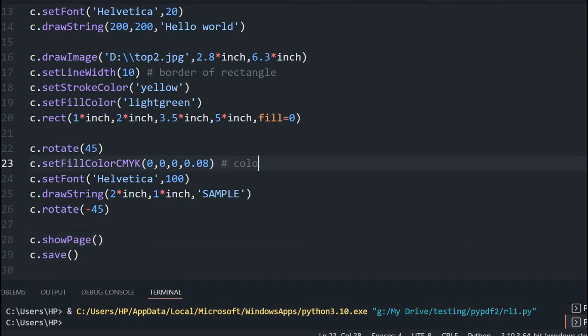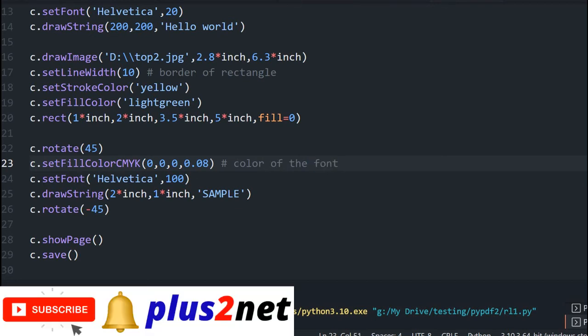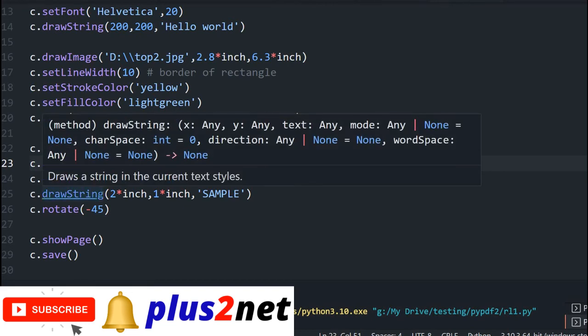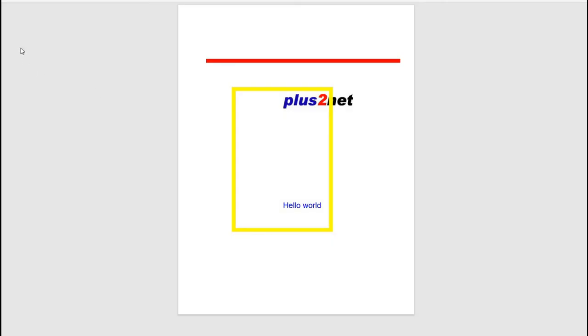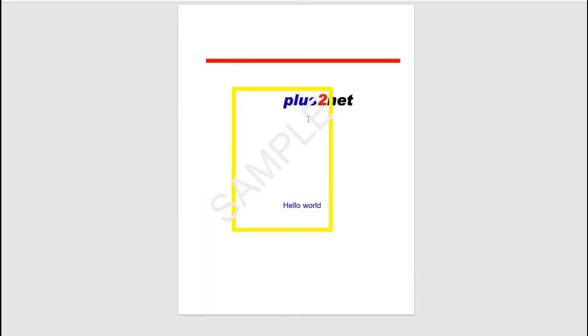So the color of the font, actually it's a font color only. Now set the font, this is the size and the family, this is exactly the location. I am just saving it and running it. So the file is this, our PDF file is created. Let's go there, refresh this and see. Here you can see this sample watermark